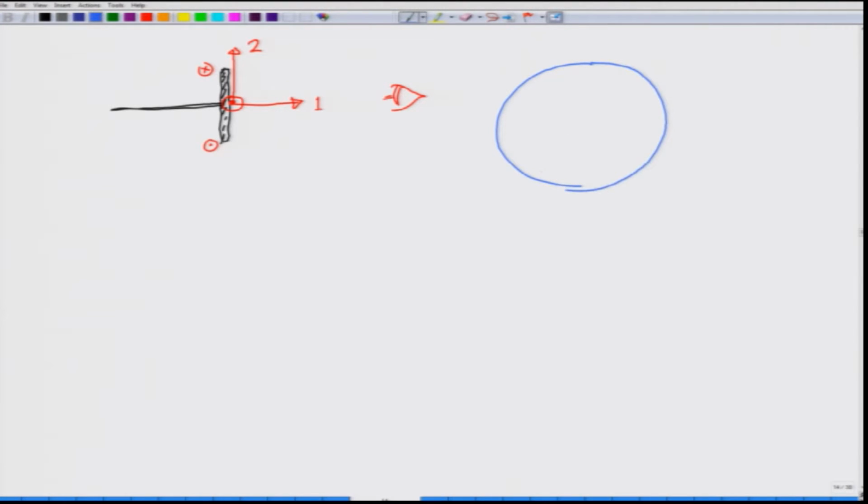Then you see that axis 1 is coming out, axis 2 is up, and axis 3 is going to your left. So, 3 and 2 at this time. As the wheel rotates, as the wheel goes in, you will see that axis 3 and axis 2 will tend to rotate like this. So, if I make it after time t,